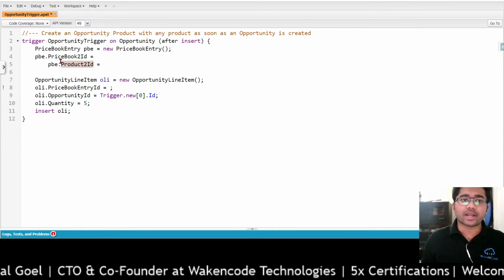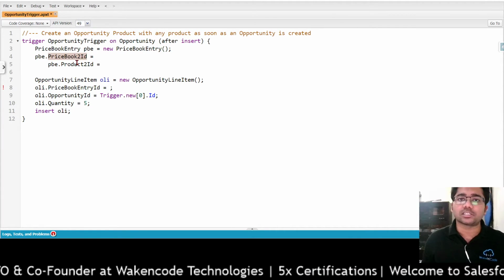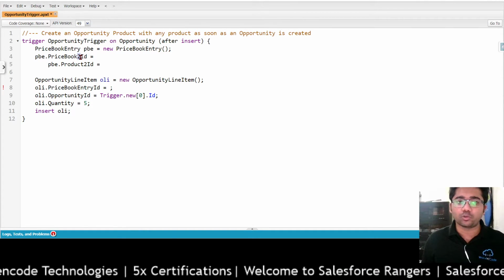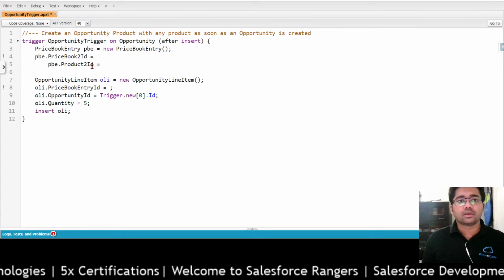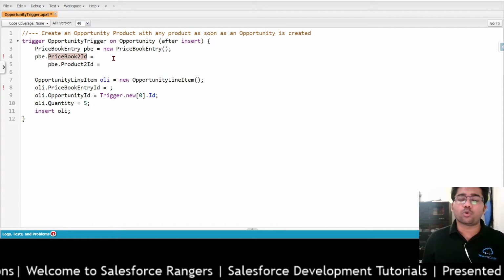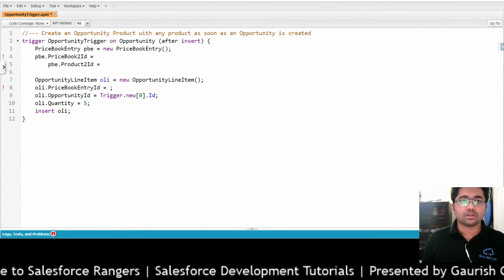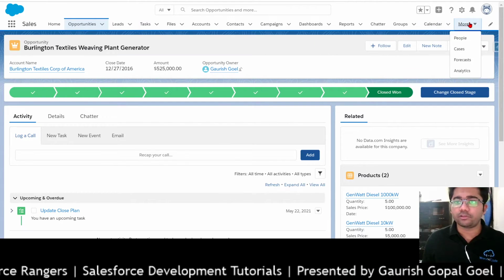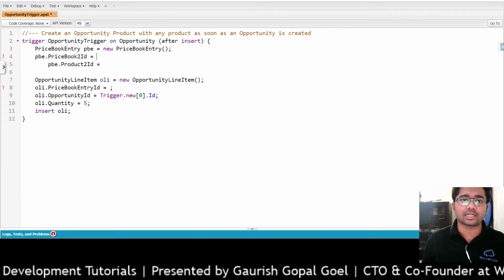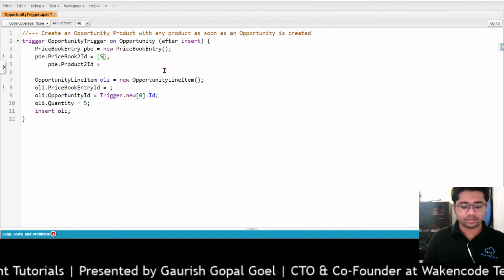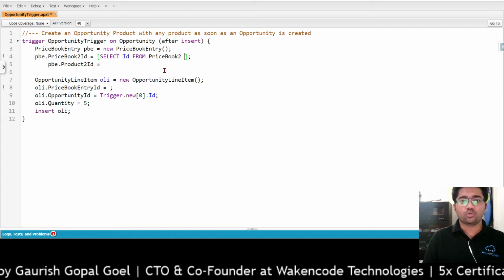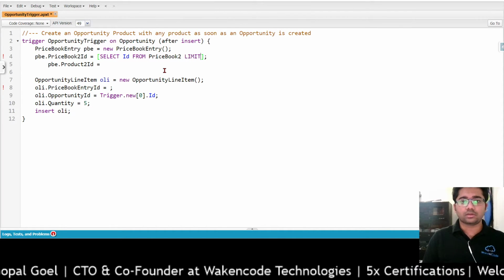So Product2 and Pricebook2, these are the API names created by Salesforce. You don't have to get confused about why we have written 2 here. It's like that only. Now we need to fetch the standard price book ID. For now we will hard code it, but we can always query it. Okay, let's query it. Let's not hard code it. Select Id from Pricebook2 limit 1